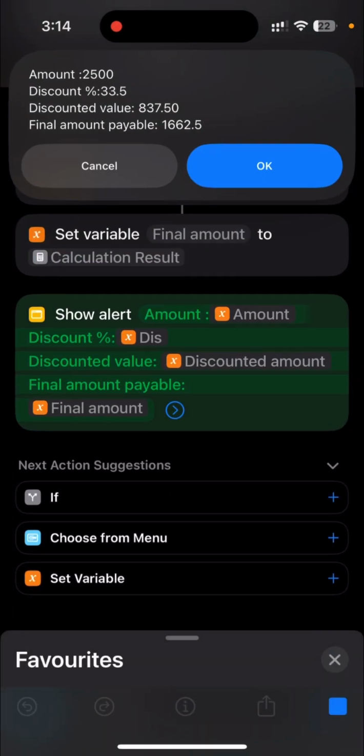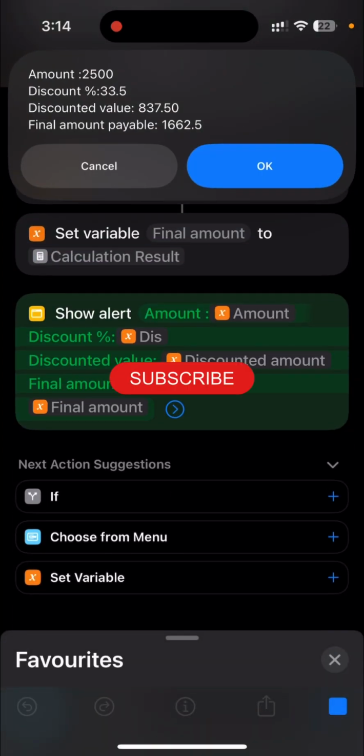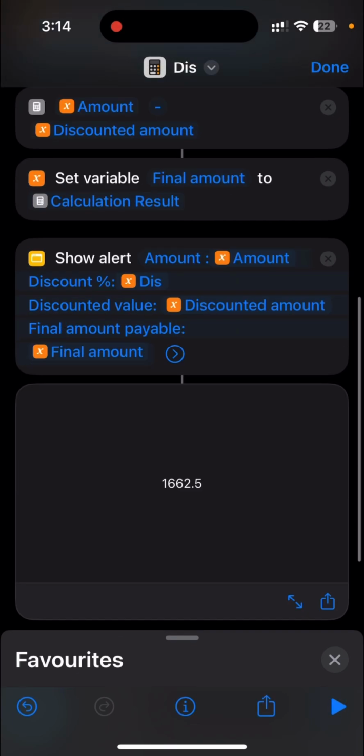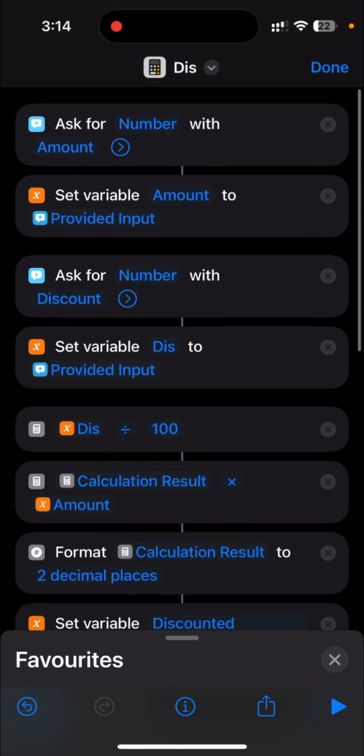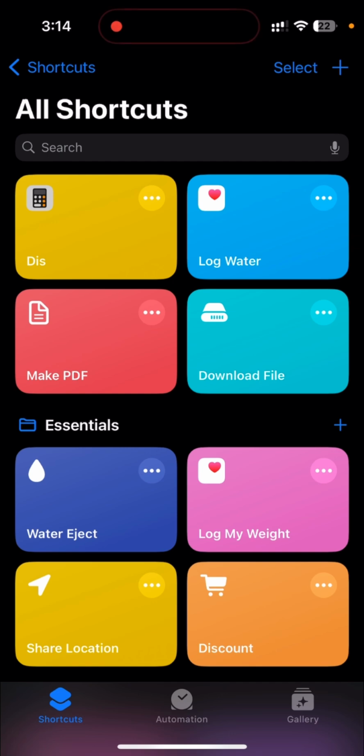33.5. Now the amount is 2500, discount percentage is 33.5, discounted value is this much, and total final. Yes, correct. Yeah, so similar to that, guys, we learn how to do it for logging my weight,